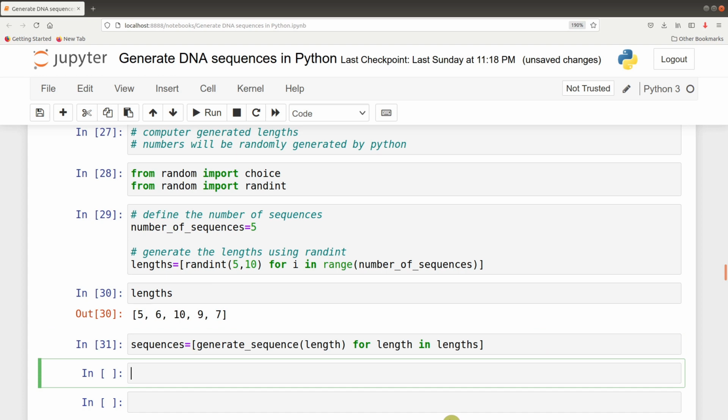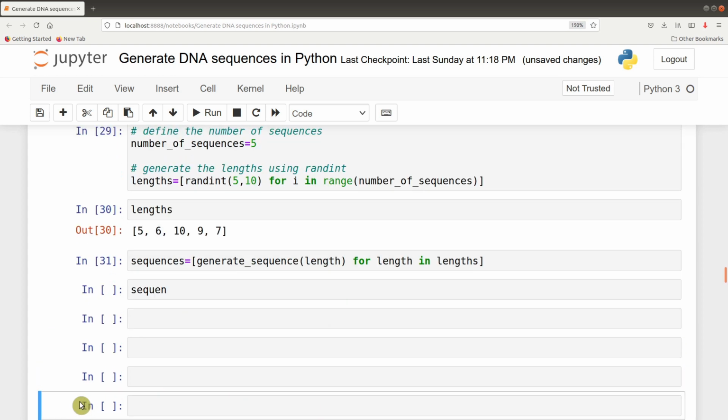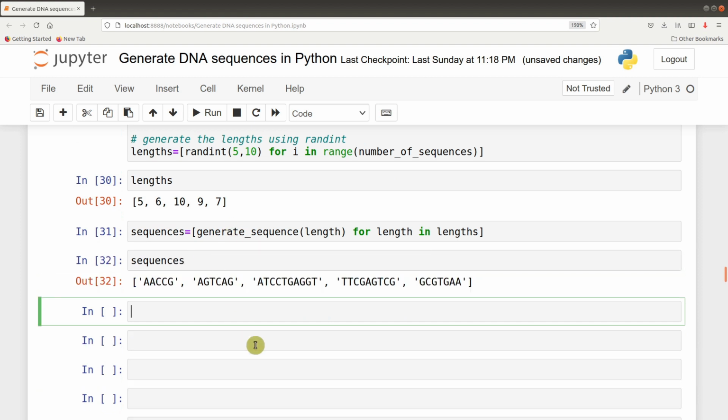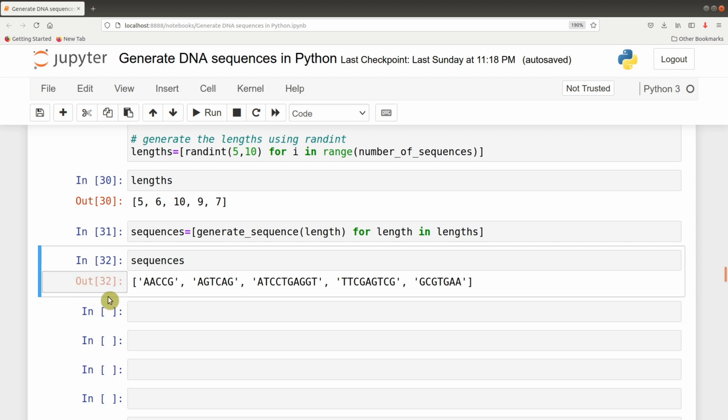So now sequences have been generated. When we print it, you'll see them there. So the sequences have been generated, and if we check the length, you see that they correspond to what we have here. So that is for computer generated length. So here you've been able to learn how to generate DNA sequences using a number of approaches,